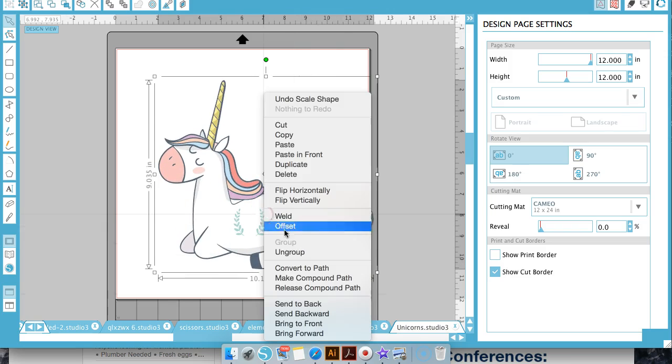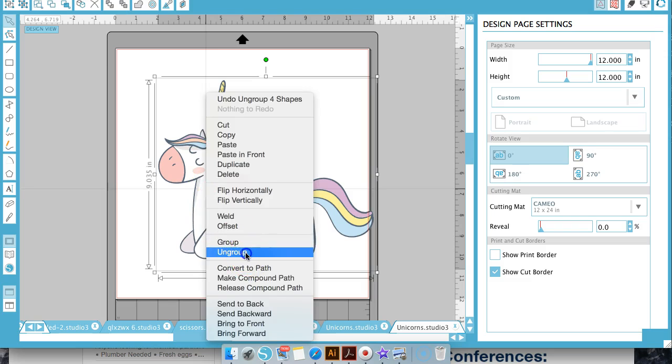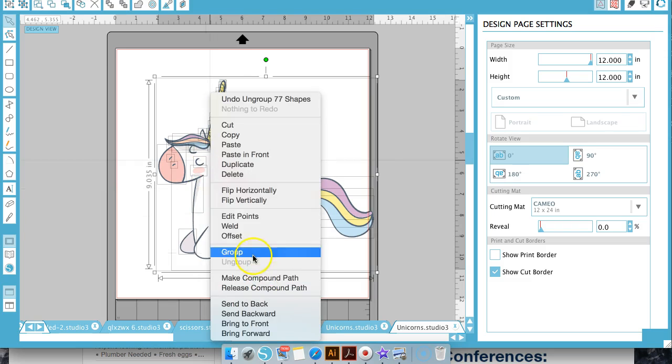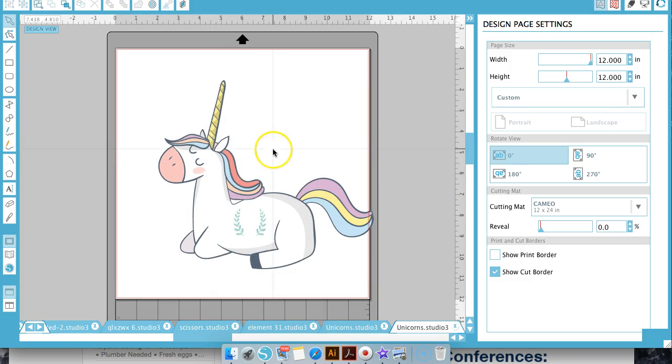Okay, so the first thing we want to do is ungroup until we can no longer ungroup. So the option's still there. Okay, we can no longer ungroup, so it's ungrouped far enough. Now you see that we have all of these different colors that we need to separate. The hardest way to do this is to actually go one by one and separate colors. The easiest way is to combine light colors so that you can make a file that you can